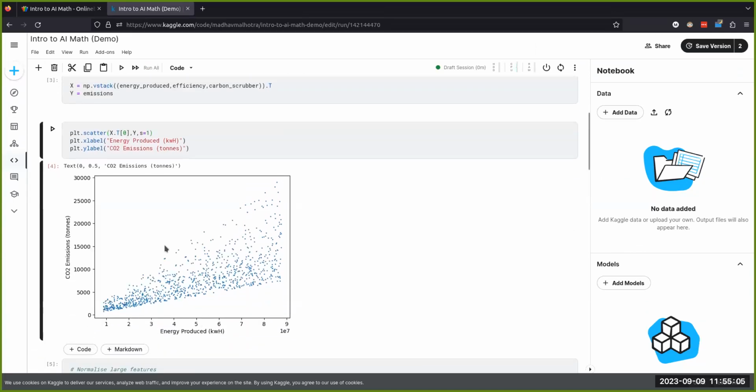Here is the data set I have. So this is a scatter plot. Each point on the plot represents a different power plant. And you can see on the horizontal axis, this is the amount of energy that the power plants are producing. Some are producing just a little, some are producing a lot. On the vertical axis is the amount of CO2 that the power plants are releasing. So you can see this power plant over here, it produces, oh, you might not be able to see my cursor. Can you see my cursor?